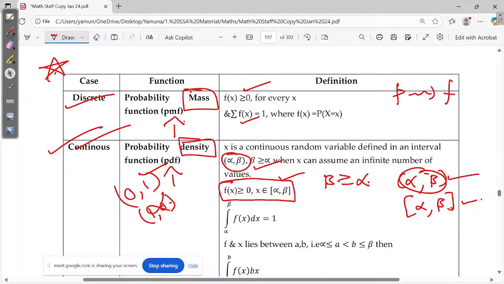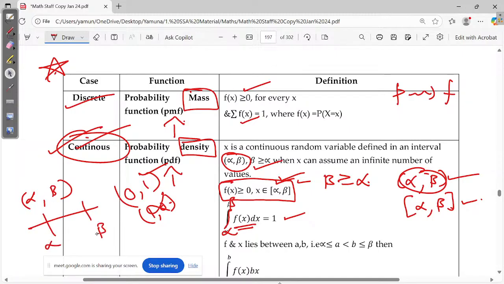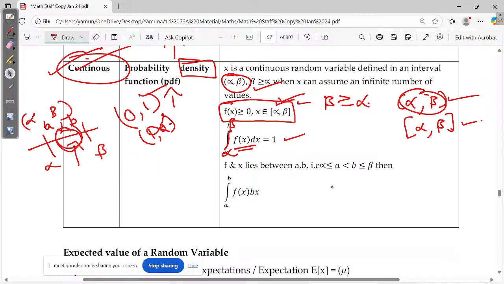அதனால ஒன்றும் பிரச்சனை இல்லை. And we will not use summation because it's a continuous function. That's why we use integration, from alpha to beta. Usually we represent this way: integral of f of x dx equal to 1. In case, instead of discussing the alpha comma beta range, let me scrutinize my value only for a smaller range. If I define this range as a comma b, I can define my integral from a to b of f of x dx.